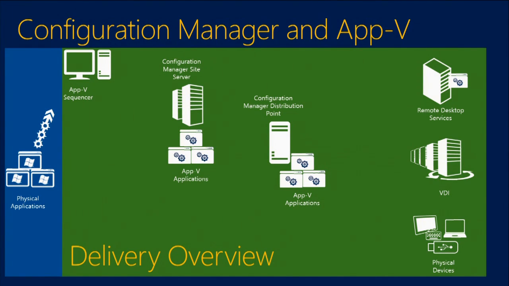And with 2012 and the release of 2012 SP1, you now have the integration with AppV 5.0 and newer applications. You can deliver both 4.6 and 5.0 in Configuration Manager 2012. This walks you through the process, the fact that you have to sequence your applications. You need to make sure that you have a sequencer, one for 32 and 64, and then ensure that you have that application available on a centralized server.